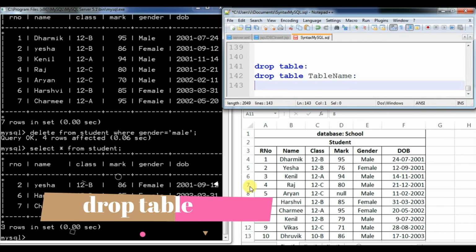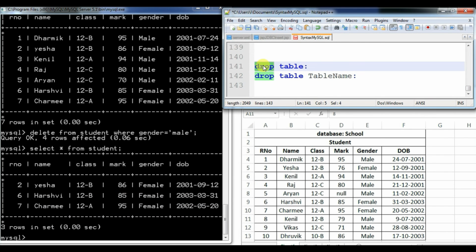And last but not least, drop table. The drop table command of MySQL lets you drop the table from the database. The syntax is: drop table and the name of the table. Suppose you want to remove the complete structure with all the records and all the fields that you have applied till now, and you want to remove a particular table that is no longer needed, then you can go with the drop table command. After applying drop table to the particular table student in the database school, that table will no longer be available in the database school. So once you write drop table name, your table is going to be removed from the particular database.